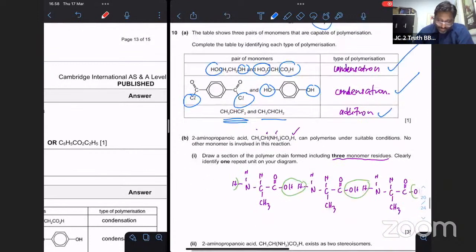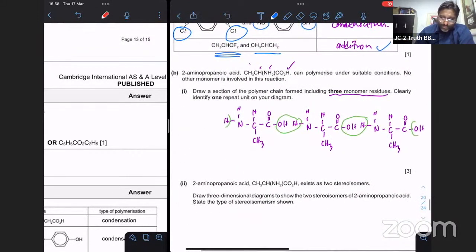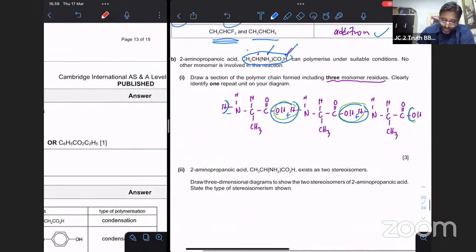And the last one, next one is going to be, they give you this, and then they say it can polymerize under suitable conditions. No other monomer is involved, so the same monomer within themselves. Why? Because there is carboxylic acid and NH2. So you arrange carboxylic acid over here, NH2 over here. Later I copied 3 because I want 3. So when you remove the H and OH, you can actually show,